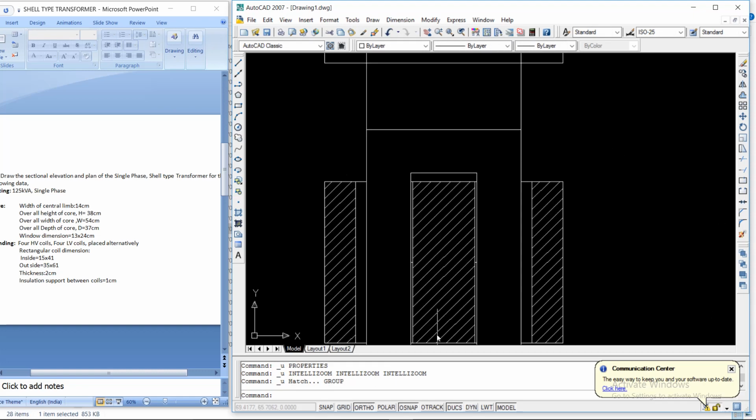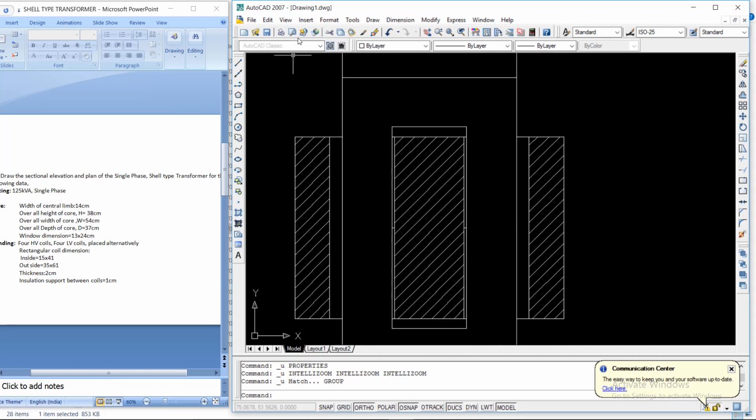Now first we'll hatch the insulation portion here.